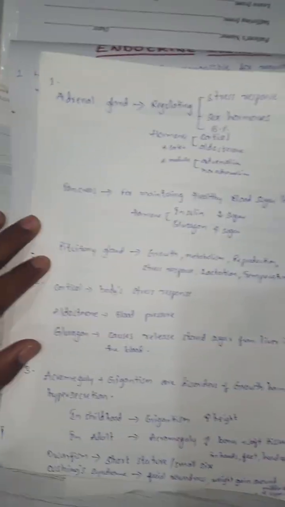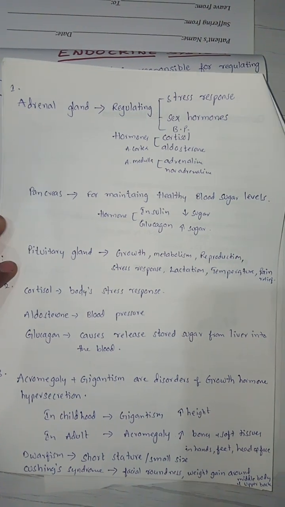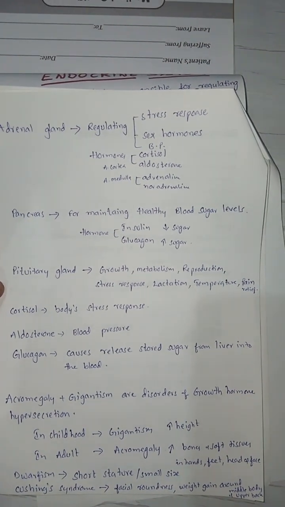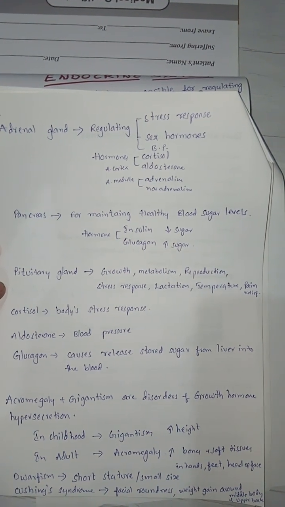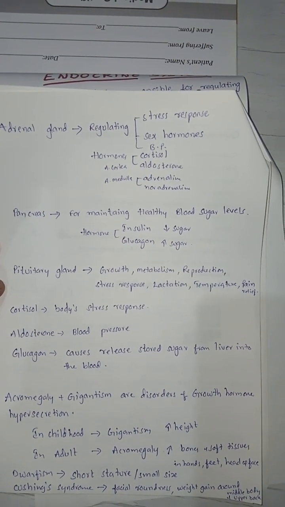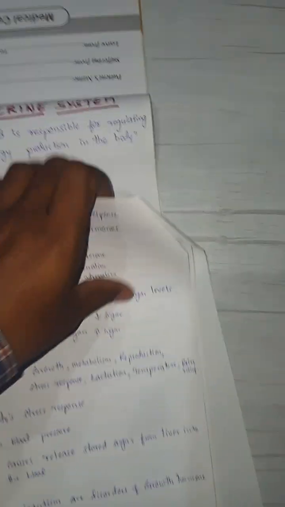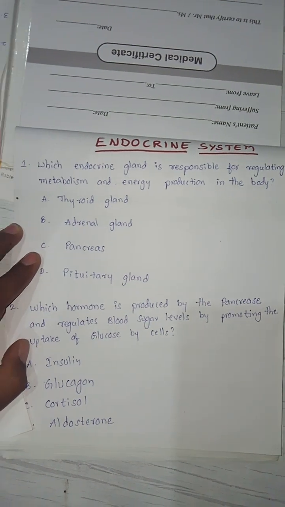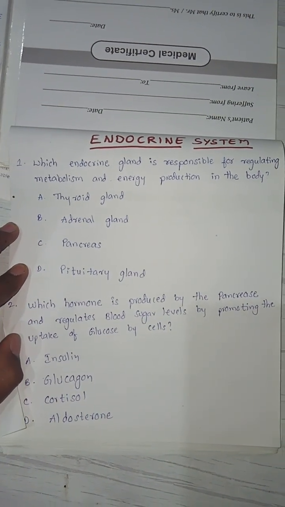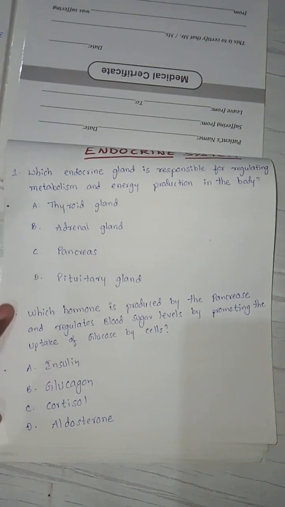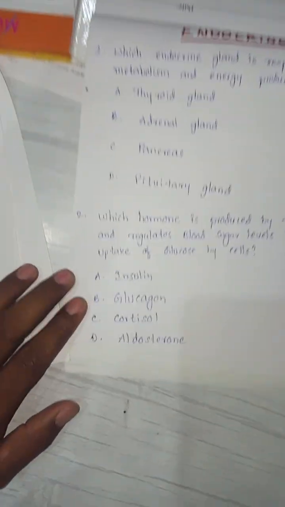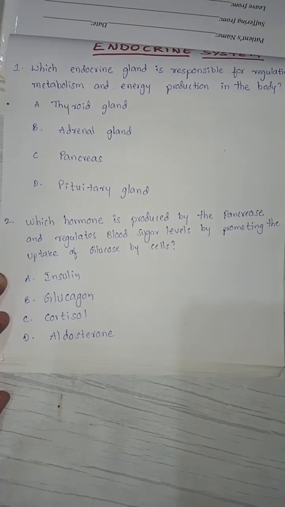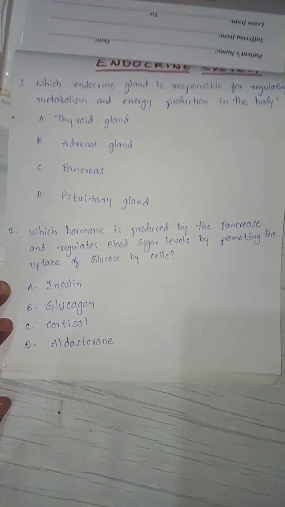And next, the pituitary gland. The pituitary gland is responsible for growth, metabolism, reproduction, stress response, lactation, temperature control and pain relief. So, which endocrine gland is responsible for regulating metabolism and energy production in the body? The thyroid gland. And going to the second question: which hormone is produced by the pancreas and regulates blood sugar